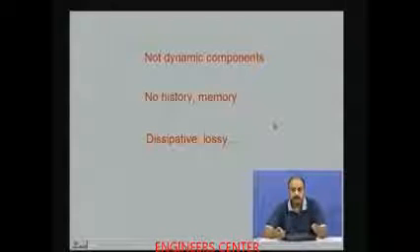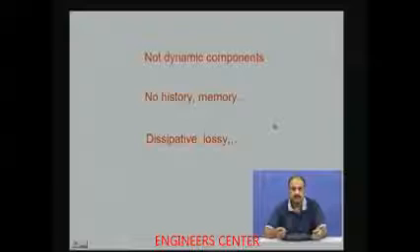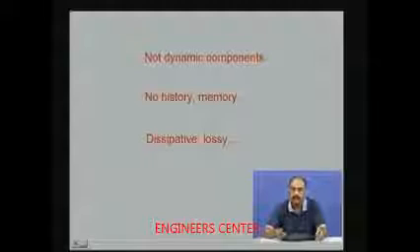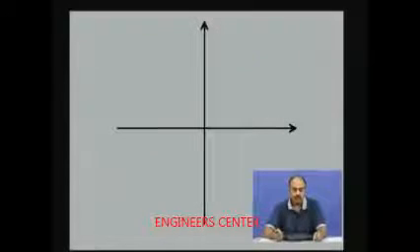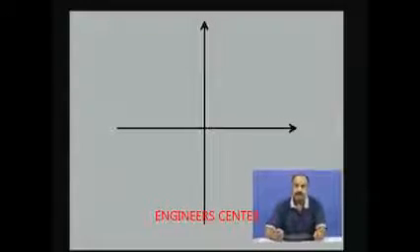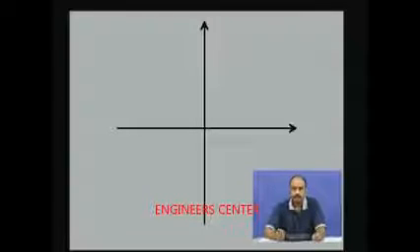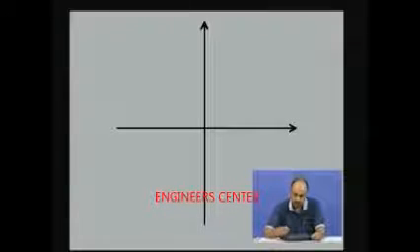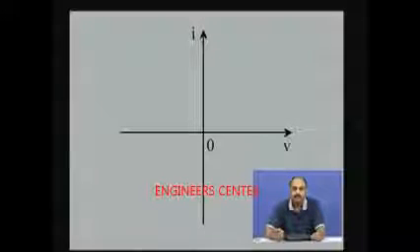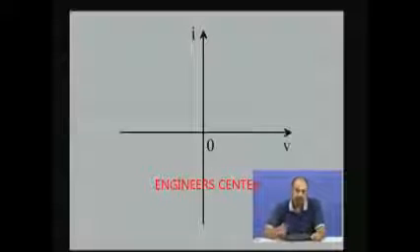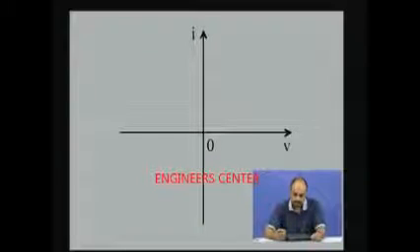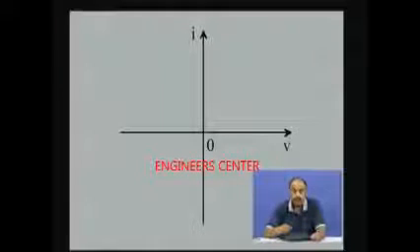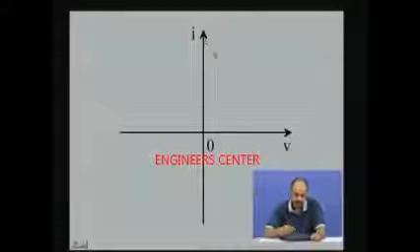And further, the most important functional property of the resistor is that it has to dissipate. It is lossy, and most of the dissipation occurs as heat. So, let us try to characterize the resistors. In fact, most of the components we generally characterize by the IV characteristic. We put the voltage V on the x axis and I on the y axis. So, in this particular diagram, V is the independent axis and I is the dependent axis.